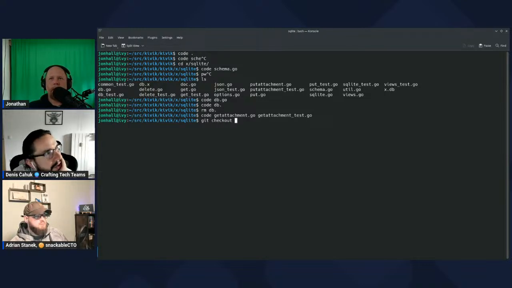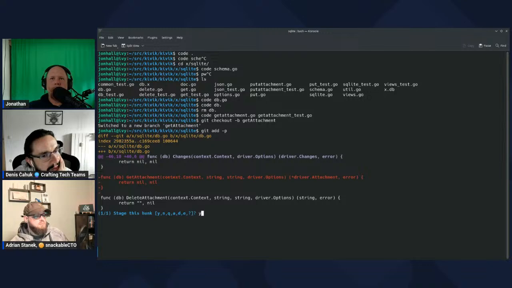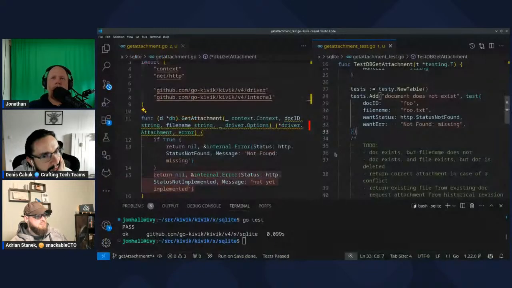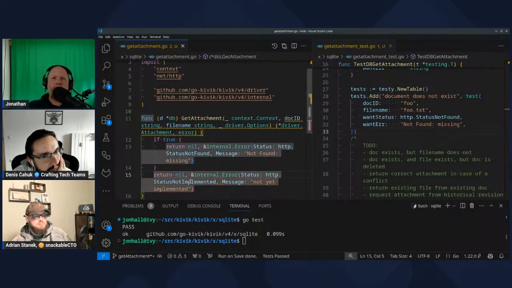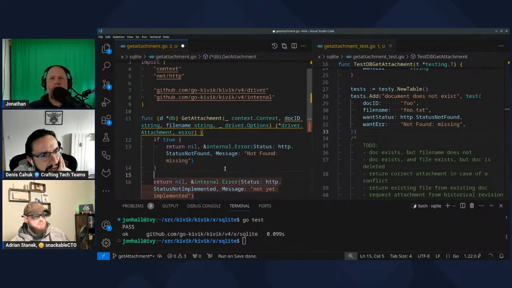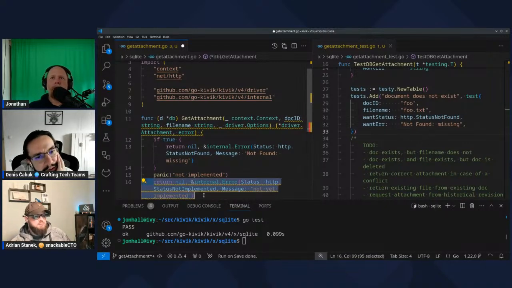Is there a nice way to say not implemented in Go, like throw a not implemented exception? I was going to say we could just panic right here. Yeah, I would rather panic on the bottom half.